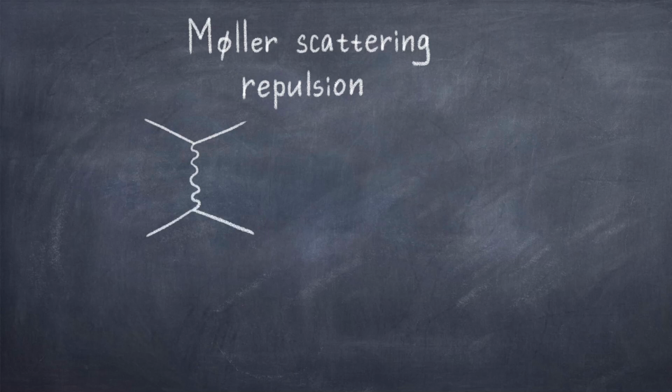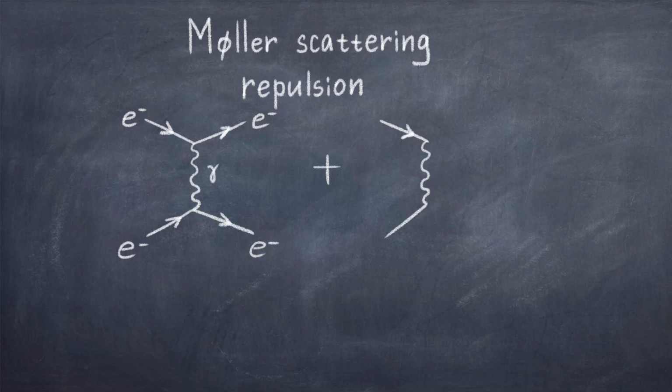It is also called Møller scattering. Because the electrons have the same charge, they will repel each other. This repulsion is mediated by the photon. The photon in this case is virtual, as it is acting as a force carrier and not like a real light. Now, in the quantum world, electrons are indistinguishable.